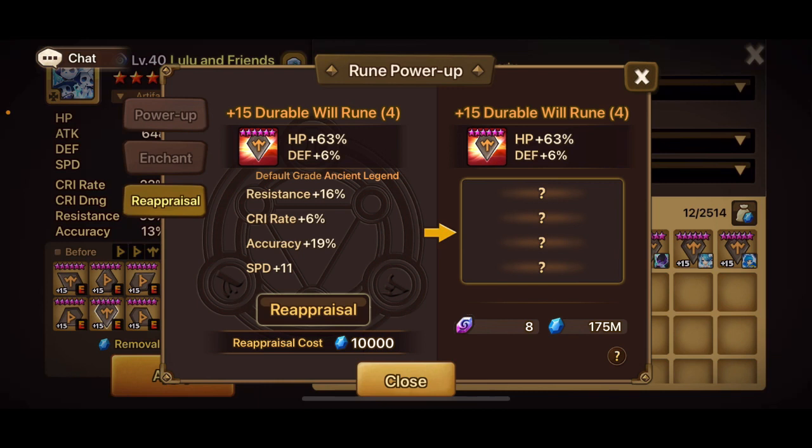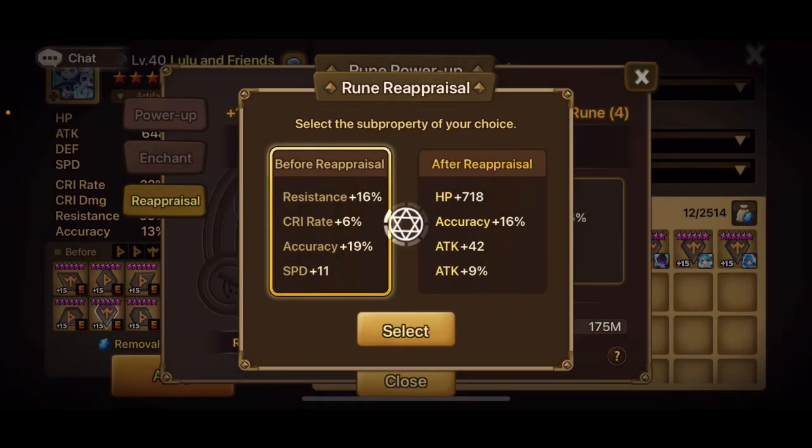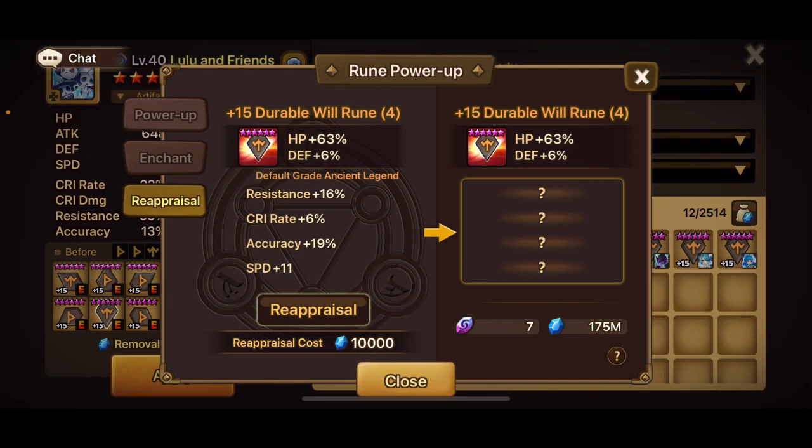Okay, we have defense percent innate here, and we have 19% accuracy, we have 16% resistance. This looks like a decent rune. However, I would love to have more speed on this, and this is a nice chance in order to speed chase. So let's see if we can do this. Let's see if we can get some nice speed out of this rune, and of course not. So we keep the original one, and we will roll this up to